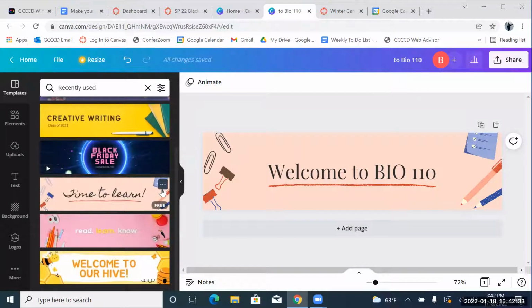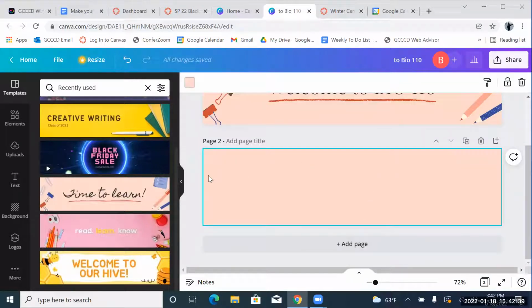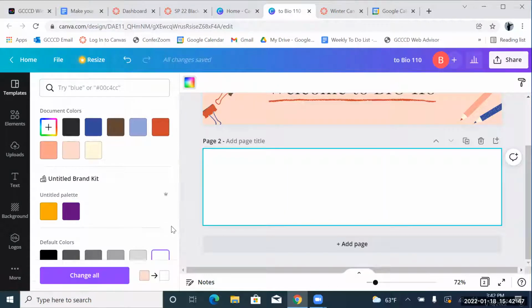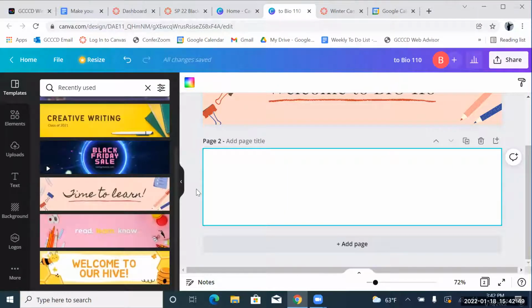If you'd like to, you can also start from scratch. So for example, I can add a page and I can play around in this page. And let's say I want to start from scratch. So let's select white. Okay, so now I'm back to square one. And let's say I want to build this just from a blank square, a blank rectangle. I can go and play on the left-hand side here with all of these elements, right? So if I want a background,